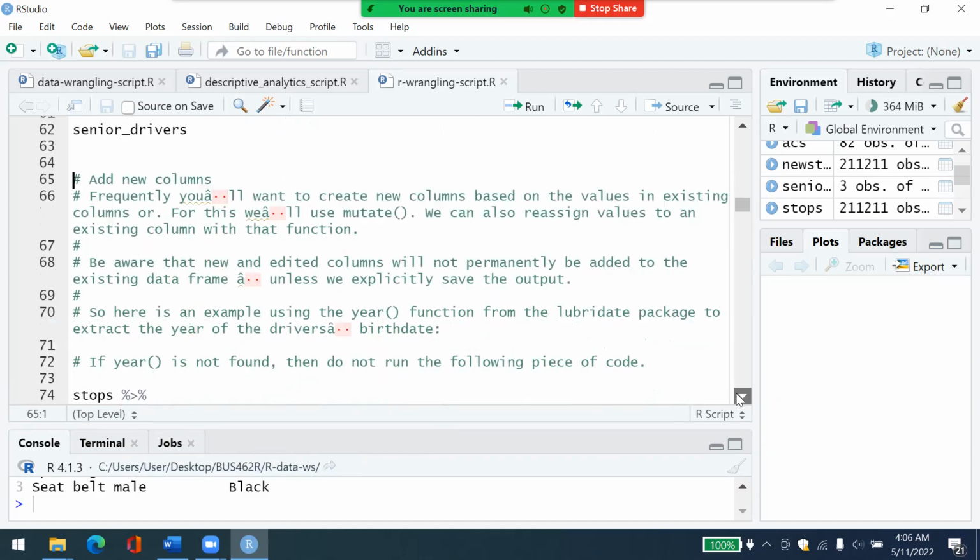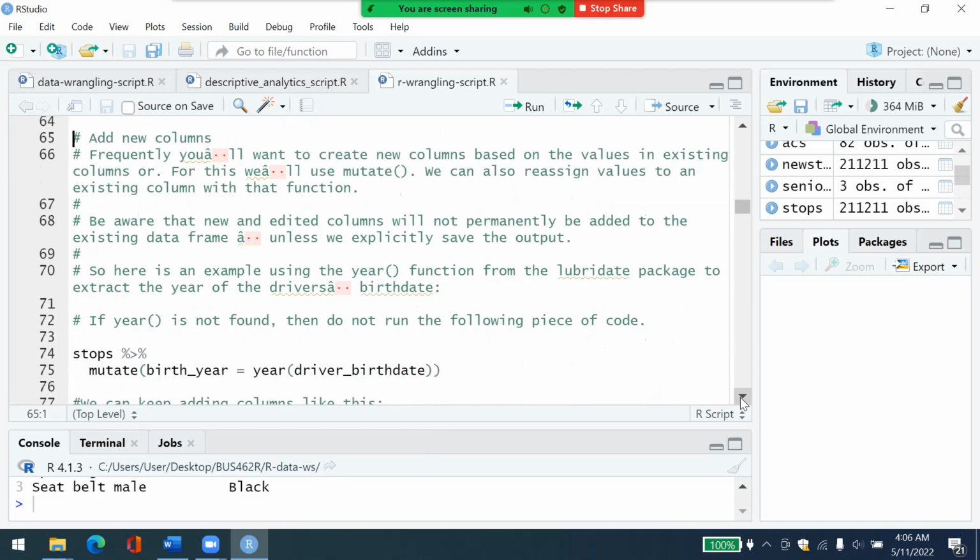And add new columns. Frequently, you will want to create new columns based on the values in existing columns. For this, we'll use the mutate function. We can also reassign values to an existing column with that function. Be aware that new and edited columns will not permanently be added to the existing data frame unless we explicitly save the output. So here is an example using the year function from the lubridate package to extract the year